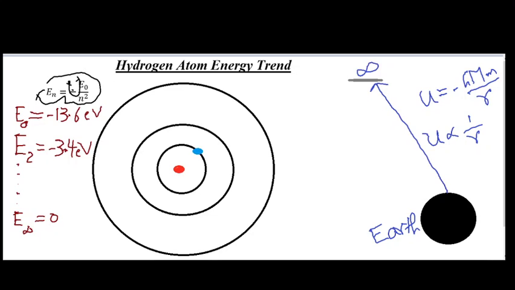That is, when the electron moves from the first orbit to the second orbit, its energy becomes equal to minus 3.4 electron volt, which is almost 4 times greater than its energy in the first orbit, which is minus 13.6 electron volt. And when this electron transitions from the second orbit to the third orbit, again its energy increases. And when n becomes infinity, its energy becomes equal to 0.